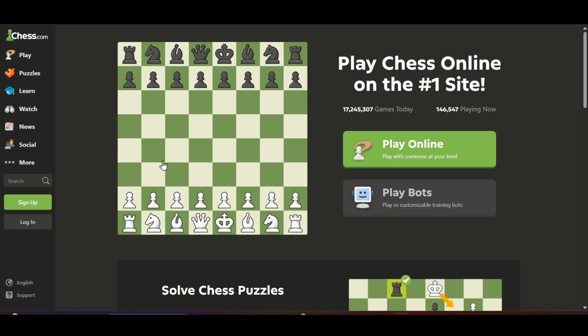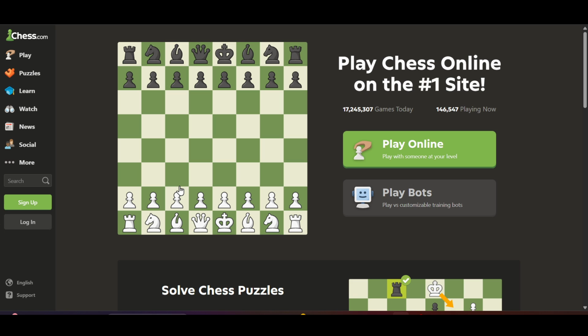of chess.com. Now on your left side, as you can see, here are two options, login and sign up. So if you are new to chess.com, just simply click on sign up and sign up with your email and password. But if you previously have an account on chess.com, just simply log in with that account on chess.com. So after logging in or signing up,